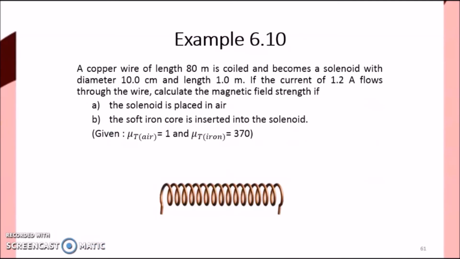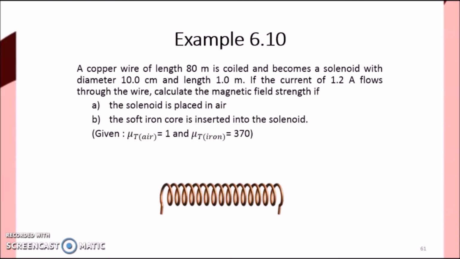Example 6.10. A copper wire of length 80 meter is coiled and becomes a solenoid with diameter 10 cm and length 1 meter. If the current of 1.2 ampere flows through the wire, calculate the magnetic field strength if the solenoid is placed in air, and the soft iron core is inserted into the solenoid. So make sure you find the keyword of this equation. What does the question actually want? We need to find the magnetic field strength, which is B,